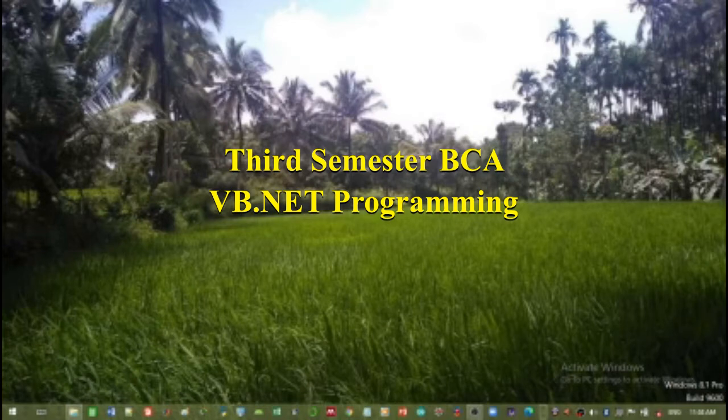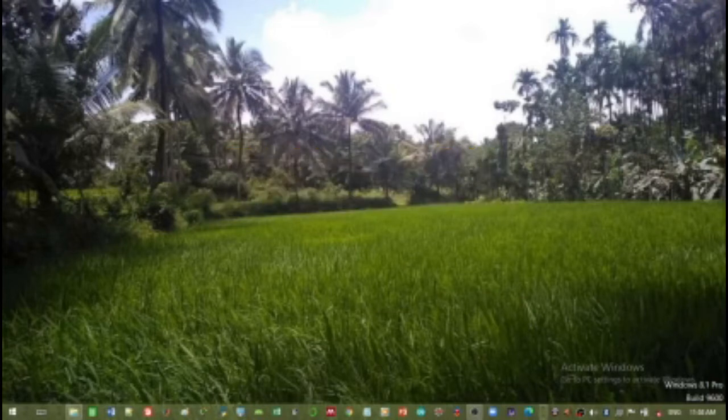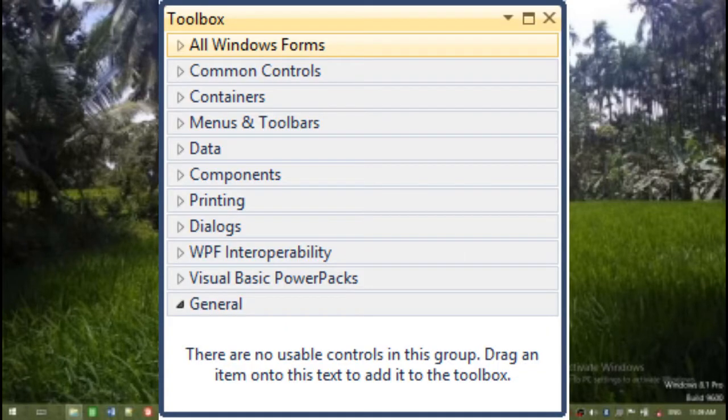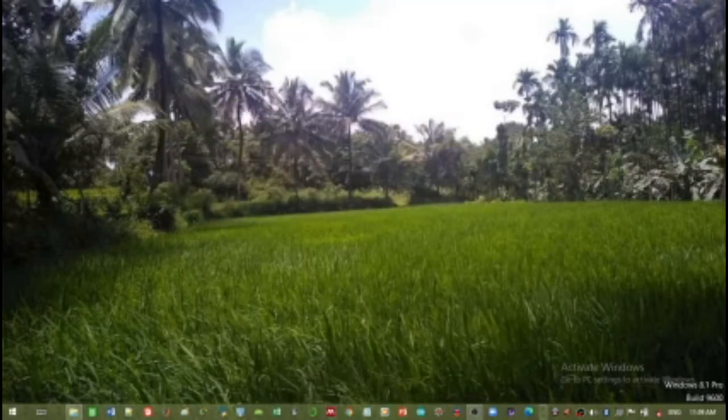C or C++ or Java are textual programming languages where we need to write lines of code for every work or every design we do. In a visual programming language, we get iconic representations of some blocks of code. These iconic representations are called tools and they are clubbed together in a toolbox. We get an environment called IDE, Integrated Development Environment, in visual programming languages.